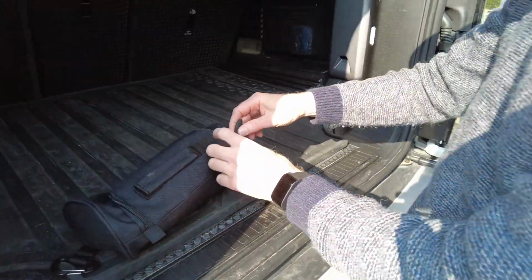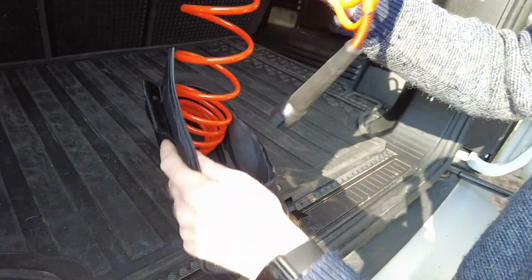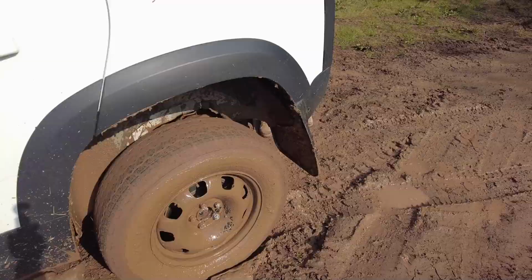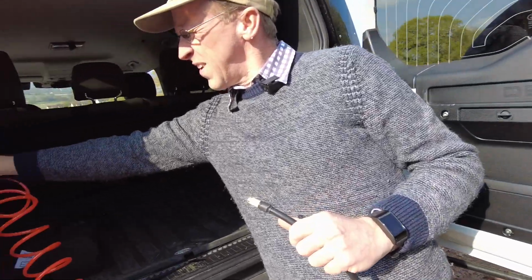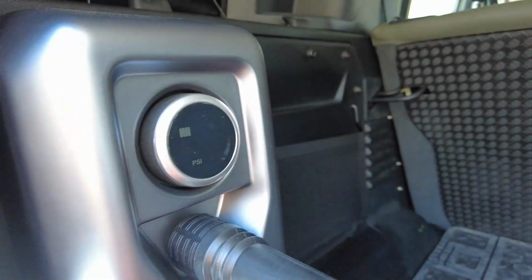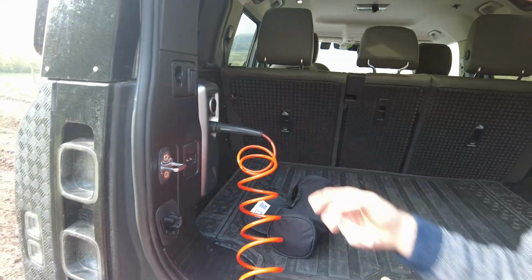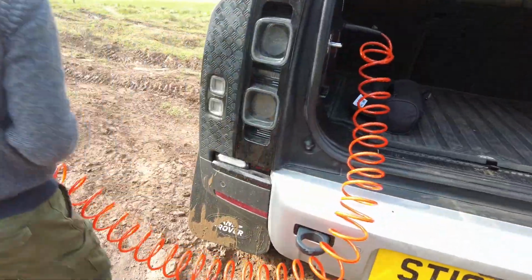So we'll get the engine running in a minute, but we shouldn't be using too much of the compressor because we're letting the air pressure down. So which one was spinning, George? Right, if you come here, George, I'll show you. So we set the dial on here. I don't know if you can see that on the camera. So we'll set that to 18, okay? And then if we press it to dial that in, it does a little display. And then if I connect this onto the tyre,